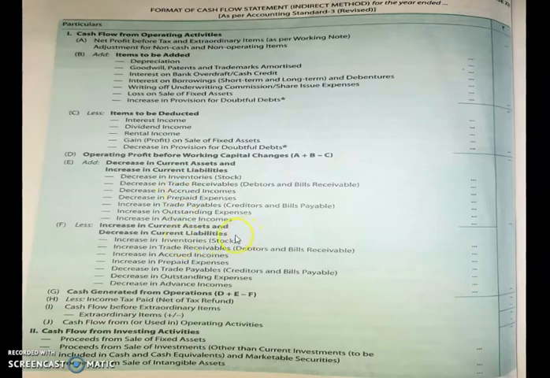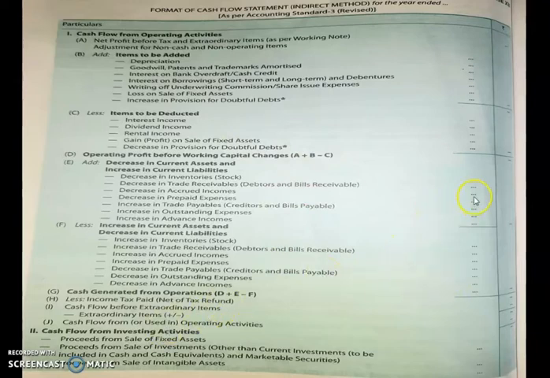It's a very simple concept. You don't have to learn these things by heart. You just have to look into the balance sheet and find out whether any increase or decrease is there in the value of current asset and current liability. So when we do the problem related to this, it will be very clear to you. Just understand the logic of placing the items and putting the amounts.